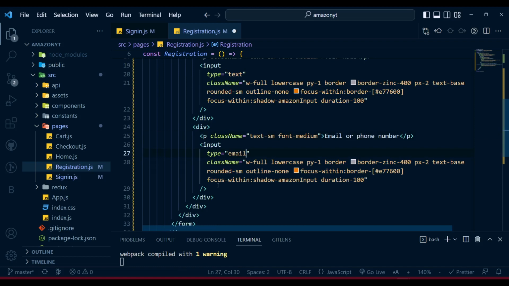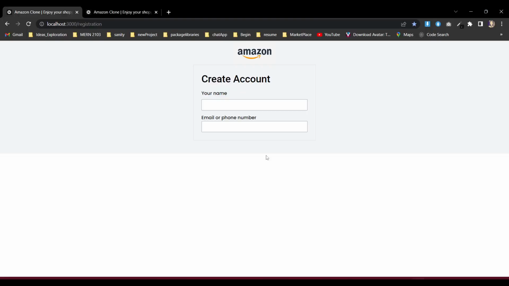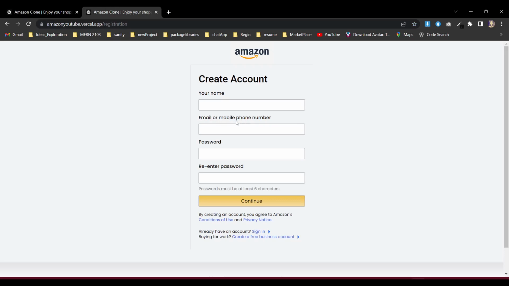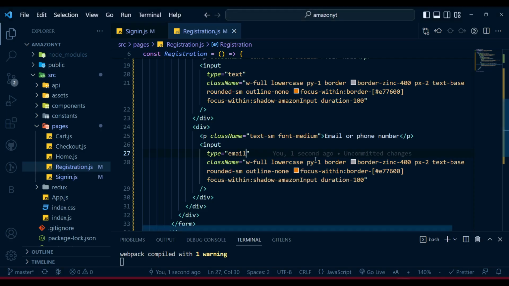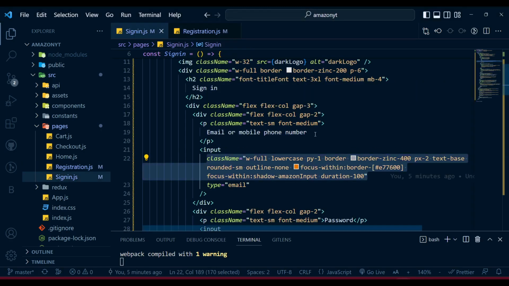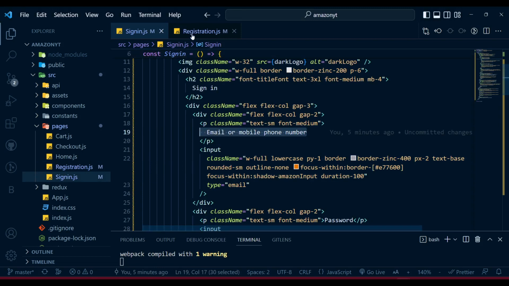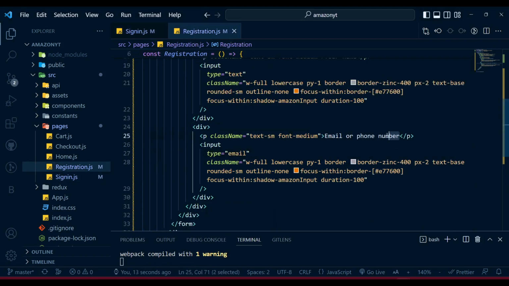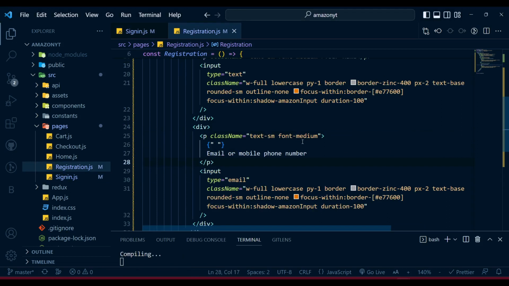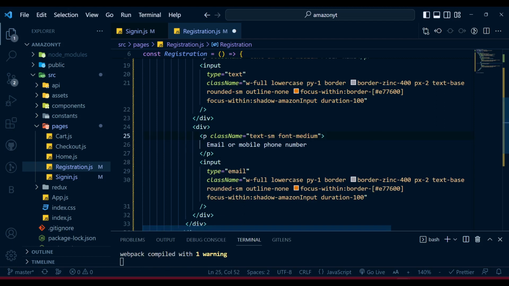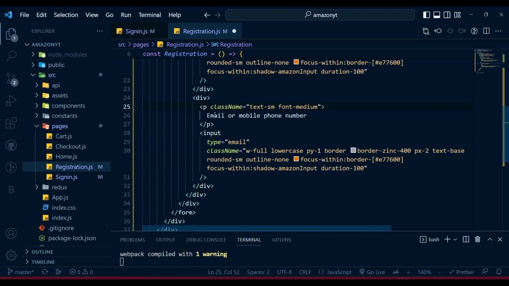So if we save that one, email or phone number is there. I think that's the same, email or phone number, email or mobile phone number. Okay, and instead of doing that, you just can copy and paste the required field over here. Now we need to give one for password and re-entering the password. So what I'm gonna do